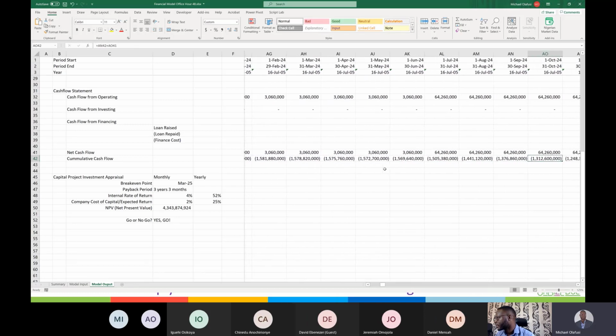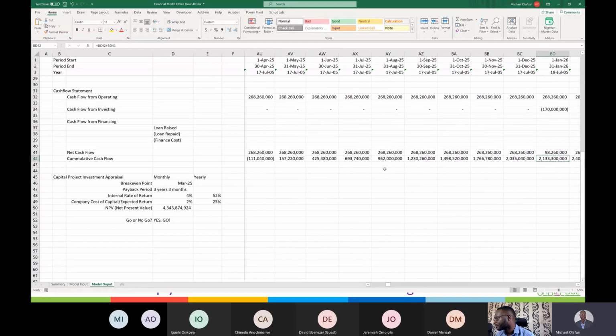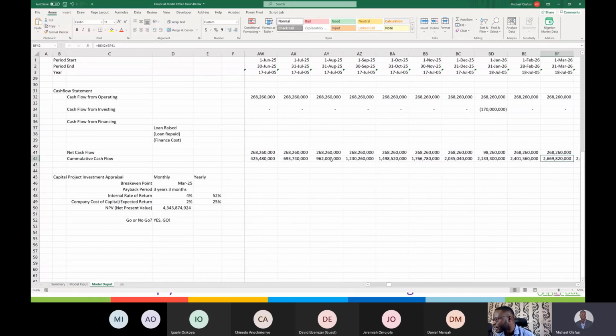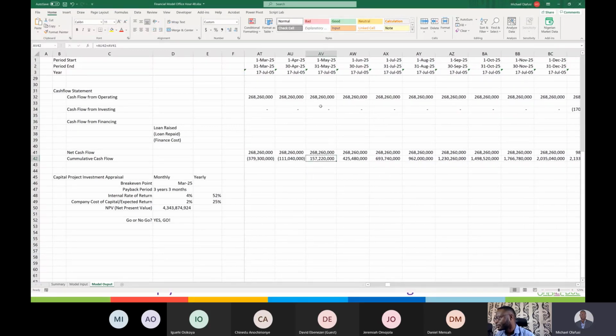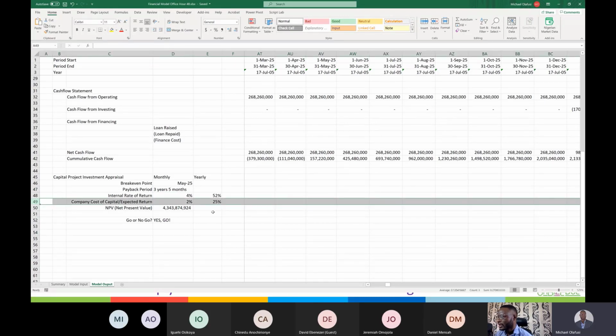So that was how we were able to find out break-even. At what period was it? So we broke even at this period, which is actually May. Yeah, May. So May 2025 was the break-even, and that's like 3 years, 5 months. Okay, so you might need to correct that in your own. So then we did the expected. So this is the part where part 2 actually starts.